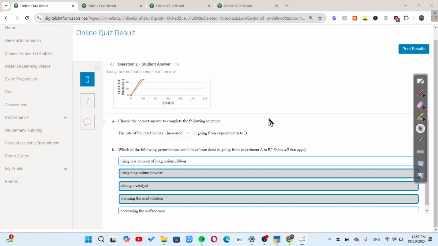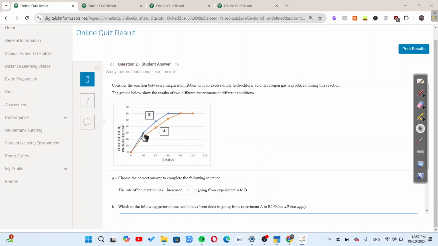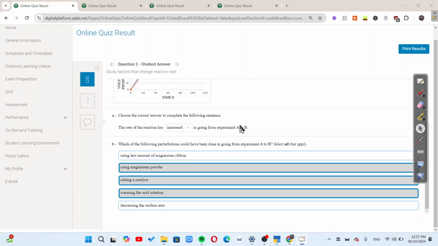Which of the following perturbations could have been done going from experiment A to B? So they're telling you what could have been changed from A to B to have increased the rate. So let's see. Using less magnesium ribbon? No, because decreasing the amount of solids used isn't increasing any rate. Using magnesium powder? Yes, because we know that